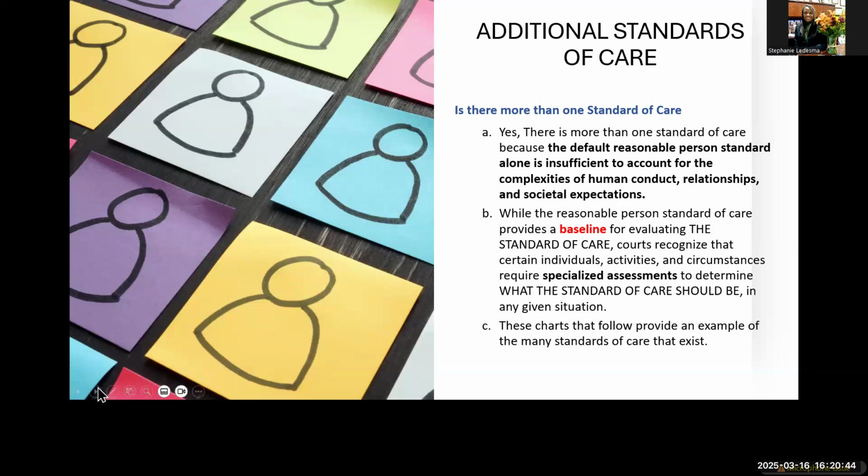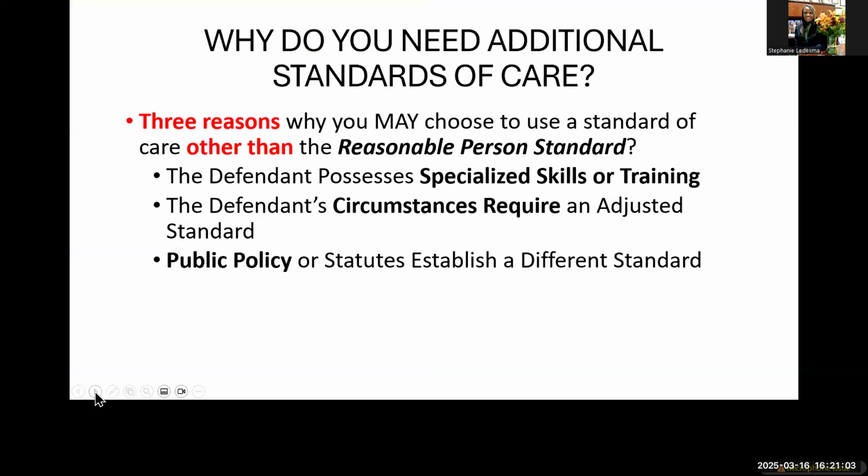So let's look at the charts that I've prepared. I've taken directly from the Restatement Second of Torts, where you are going to go and look and verify content, verify number, but for purposes of illustration, we're going to get to those charts. So again, I've got a great standard, the reasonable person standard. It's objective, so it's going to cover a wide range of circumstances. It's relatively easy to execute, so we like it. There's not a lot of complexity about it,